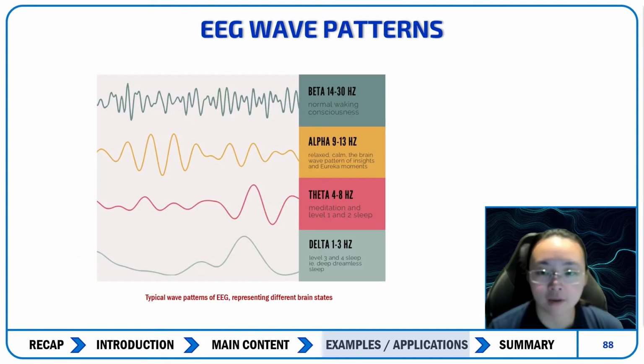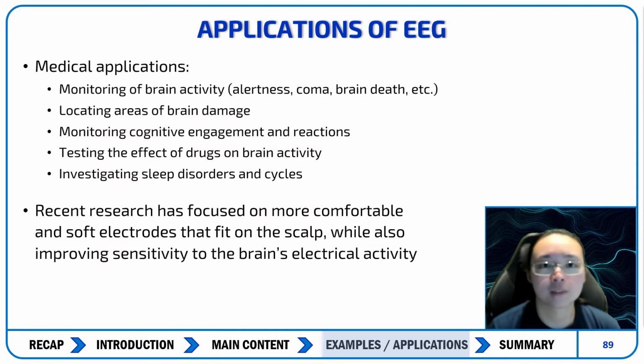So just going back here, it will be important for you to know how to differentiate between these different patterns and also be able to match these patterns to examples of patients who have certain types of problems or disorders. So applications of EEG, tons of medical applications, helps you monitor brain activity, alertness, coma, brain death, etc. You should be able to tell from the brainwave patterns whether somebody,